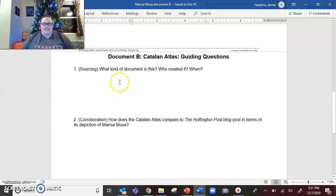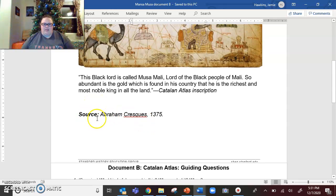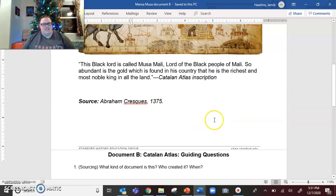So what kind of document is this? Who created it and when? Well, right down here at the bottom, it literally gives us the information. It says the source is Abraham Kresk, 1375. But that doesn't tell me what document it is. So this is a,